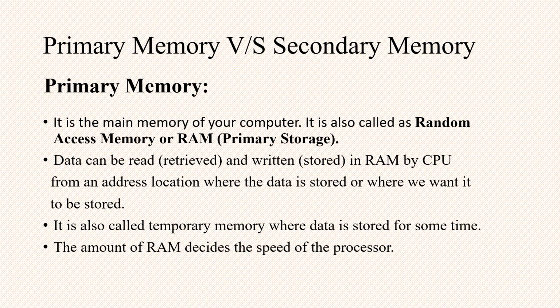Now why for some time? Because whenever we save our things, whatever changes we have made on any file, when we use the save or save as option and save those things, they will go to the part of the memory called secondary storage, or we also call it permanent storage. Okay, so if you want to store anything that can be used in the future, or if you want to share your files with some other person, it needs to be saved.